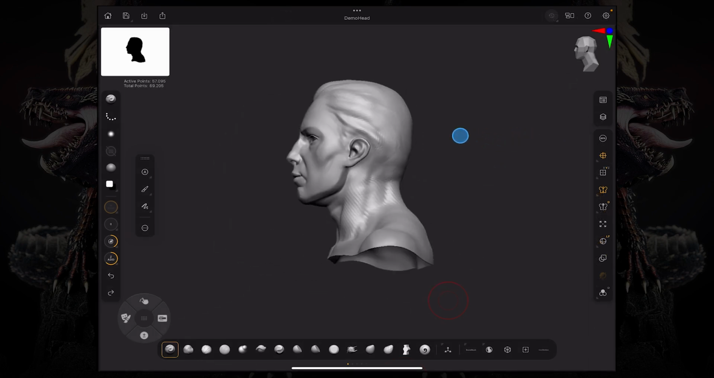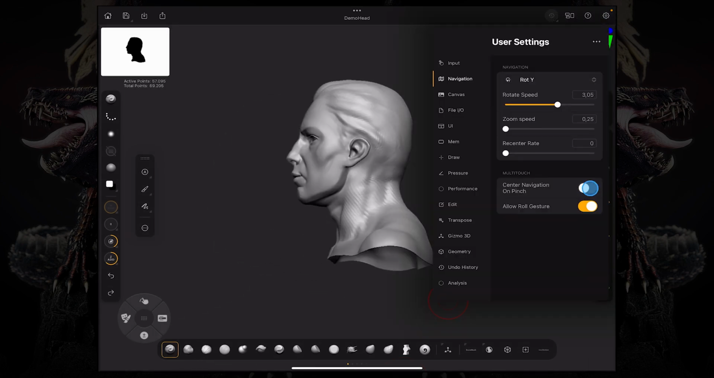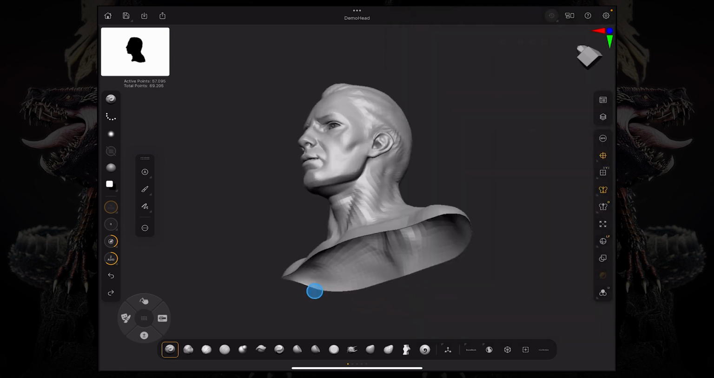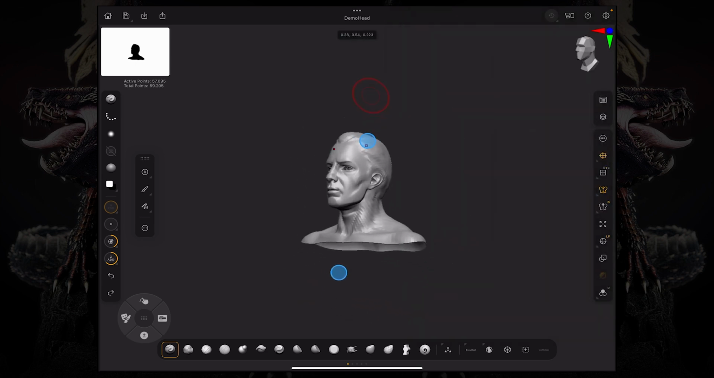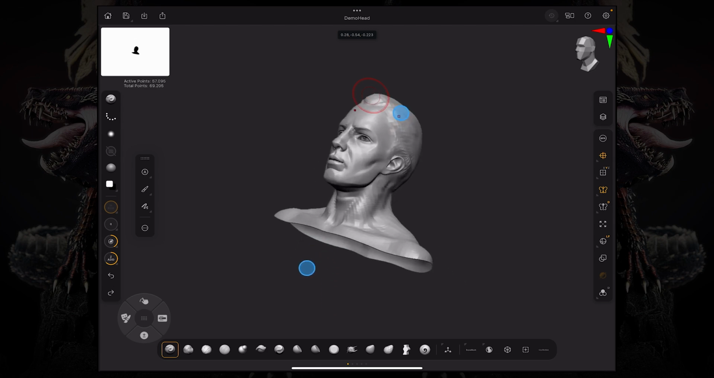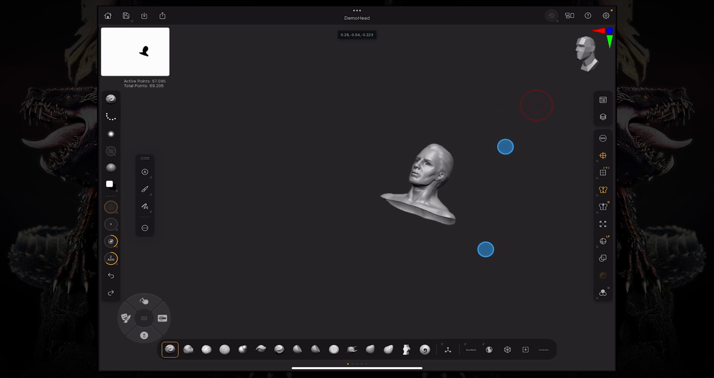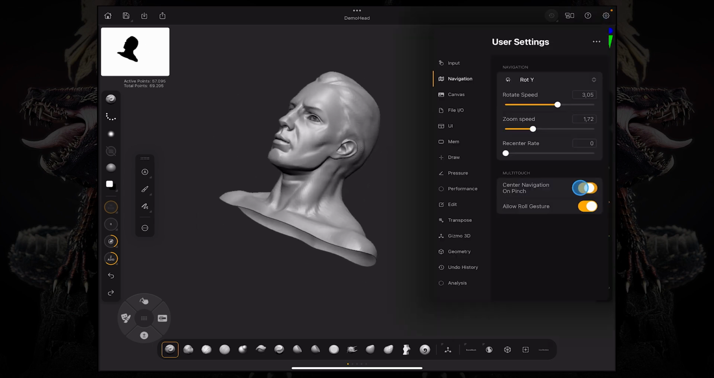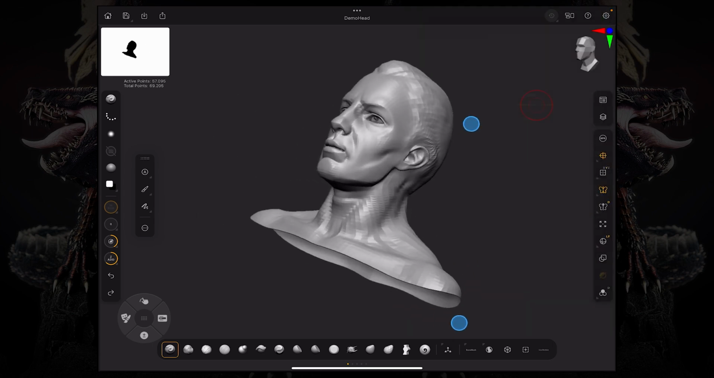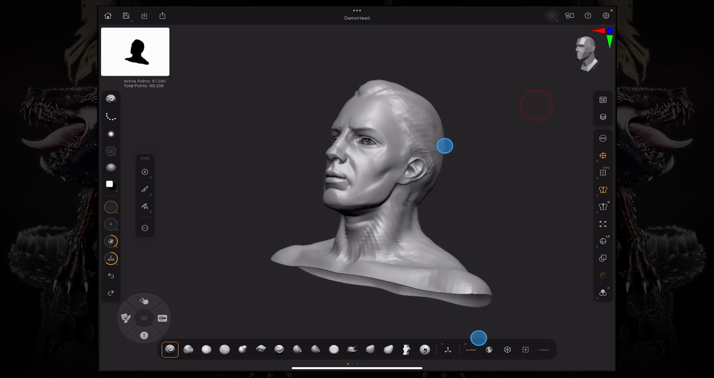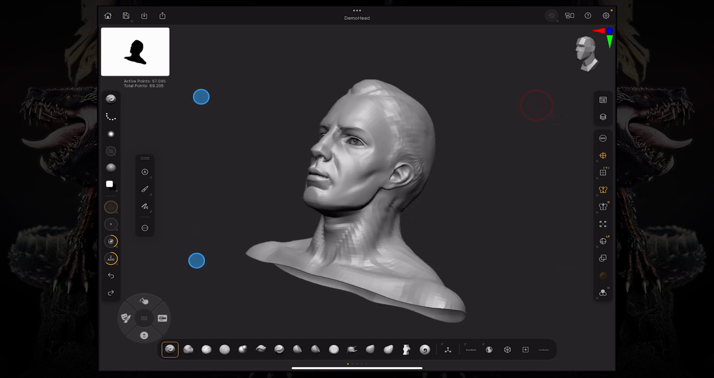You can also change the center of navigation on pinch. So let me just bring the zoom speed up a little bit. So this means that once I zoom in, it's going to zoom in to the center of where my two fingers are. So if I zoom in over here, you can see it's zooming into that area where my fingers are. If I turn this off, however, it's going to zoom into the model